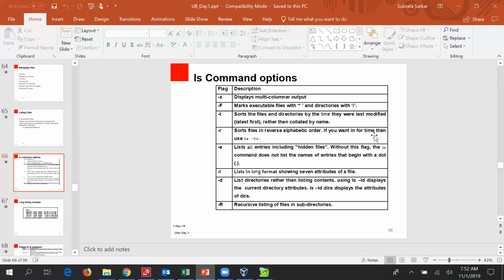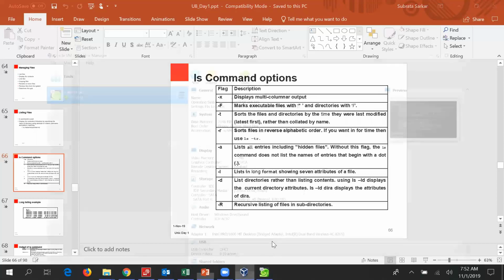If you want it in time, you have to use ls -tr. -a lists all entries including hidden files, -l lists in long format showing 7 attributes of a file, -d lists directories rather than listing contents, -R recursively lists files in subdirectories.